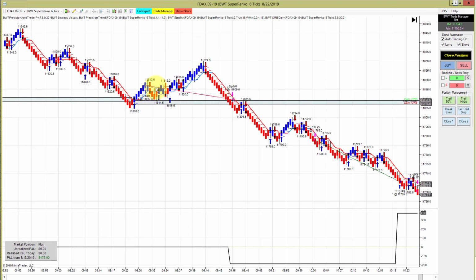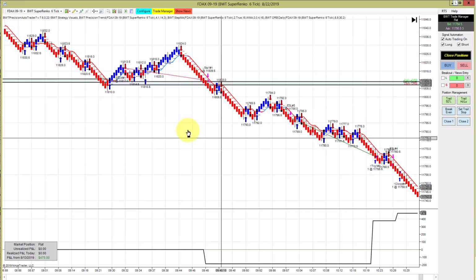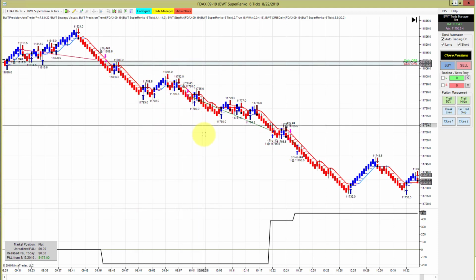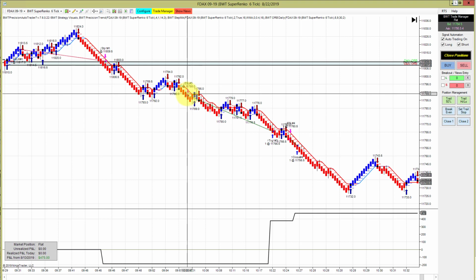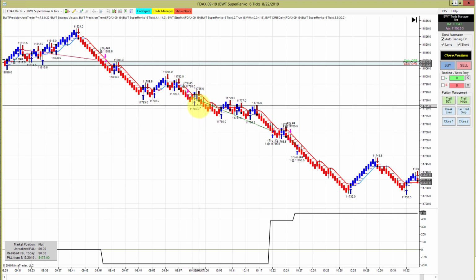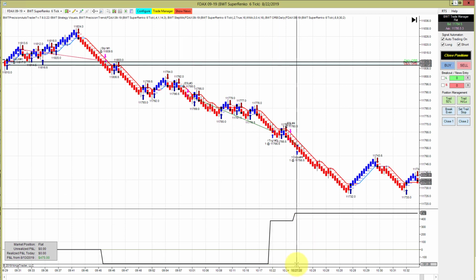Here's the DAX on a Super Renko 6 tick with our step moving average and open range filter. This had a losing trade to start, and the drawdown was about 200 on a single contract. Then it came back with a similar kind of trade, although not right at the open, but a half hour after the open. This came back and not only recovered